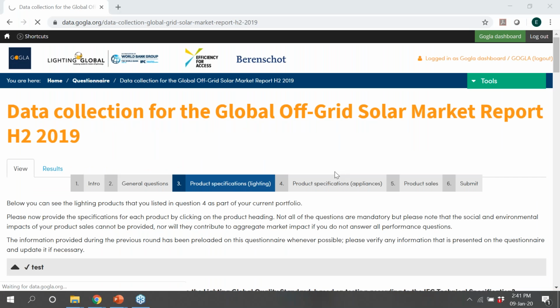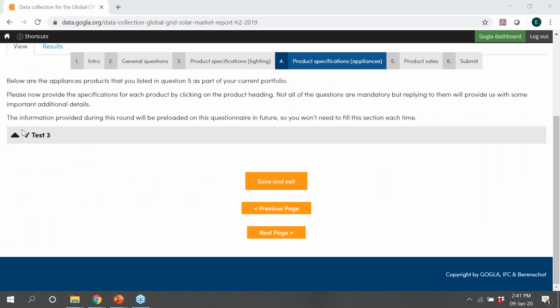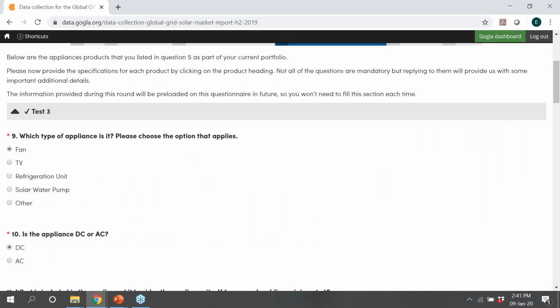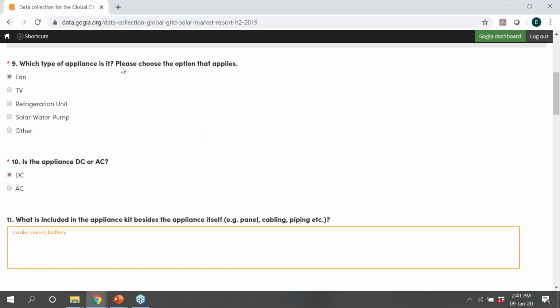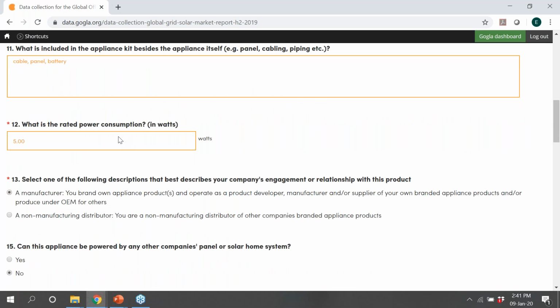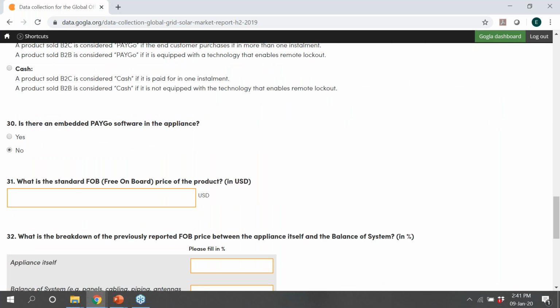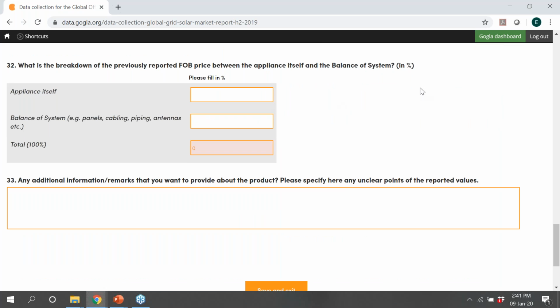on the platform. So I'm going to the product-specific appliances. I'm showing you here. Once I click it, all of this appears, and you will be able to fill in all these details. Again, some are mandatory questions, and some are non-mandatory questions.